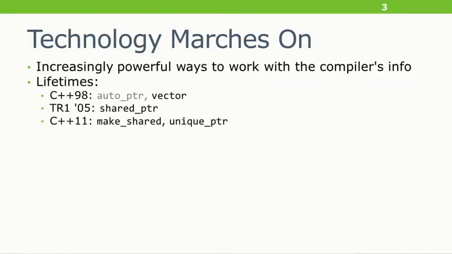Then in C++11, we gain make_shared, which completes the shared_ptr equation. It offers control over the construction of the object in addition to its destruction. And we gained unique_ptr, which says, OK, you can only have one owner of this object, and you can move the owner around, but you can't share ownership or anything like that. And then in C++14, we finally got make_unique, which again completes the construction side of the equation.